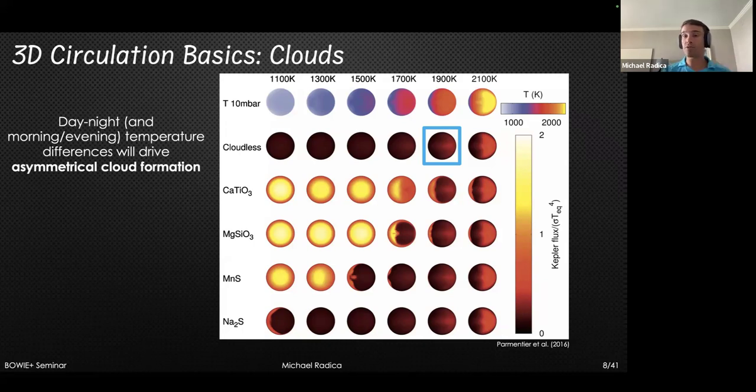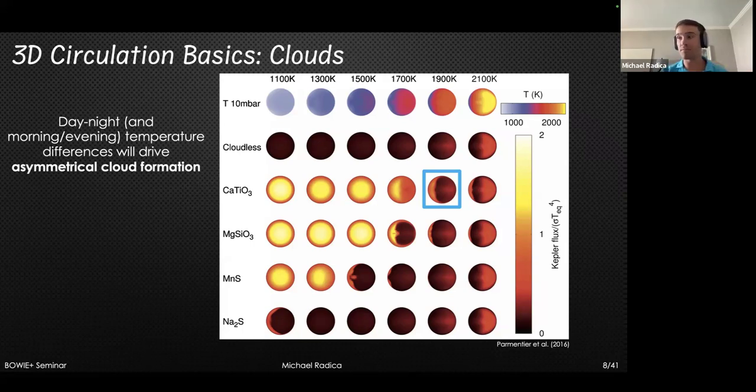Well, now what if we allow clouds to form? Let's take the first example with CaTiO3 clouds. Now, all of a sudden, we see that the most emission is actually coming from the western hemisphere of the planet. Well, what's going on here? Again, recall that I said the Kepler bandpass is a combination of thermal emission and reflected light. So we're getting actually a lot of reflected light from the colder western hemisphere, which allows clouds to form. Highly reflective clouds add a lot of emission to the Kepler bandpass,